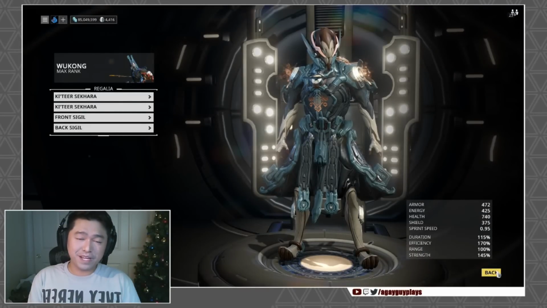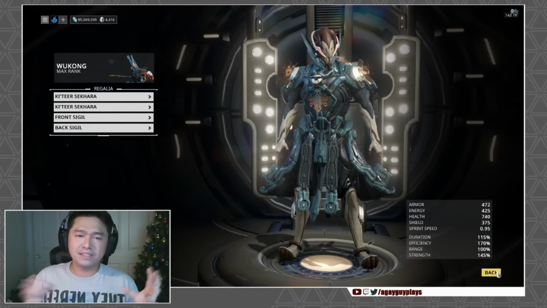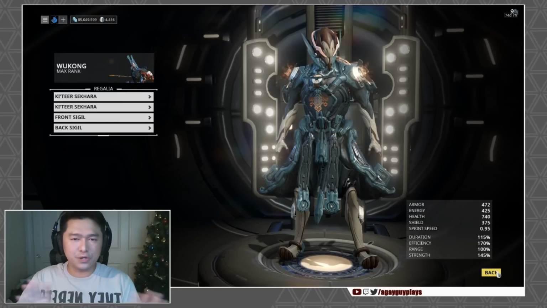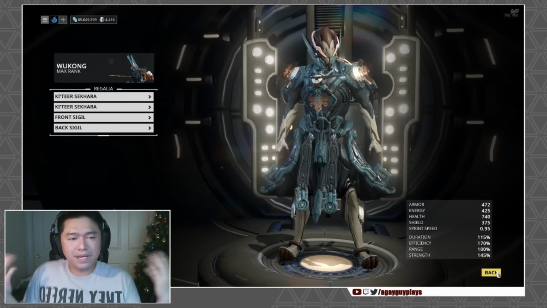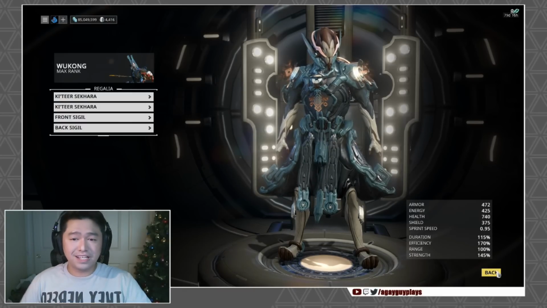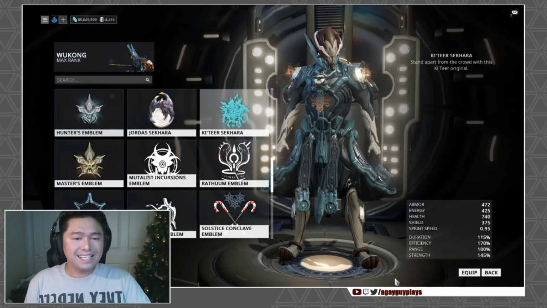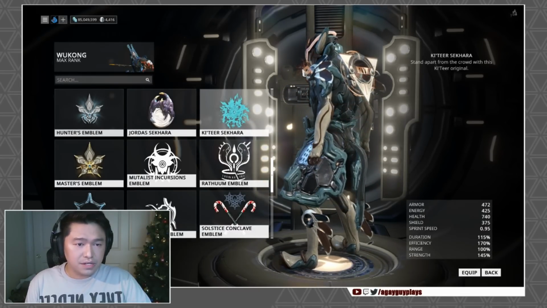Alright, so before we jump into the big stuff, I figured that I would go ahead and give you a little bit of an overview of the smaller things that you're probably going to be seeing littered throughout this review, because they just happen to go with a lot of the Baro Couture stuff, and they are included in his stock. So as you can see right here, we are rocking the Couture Sekhara, which are these little diamond bits